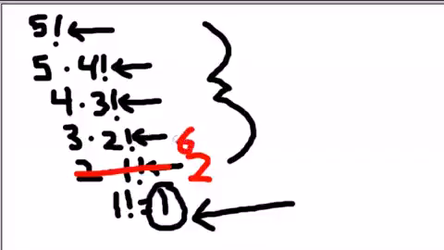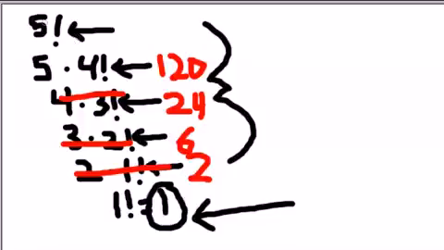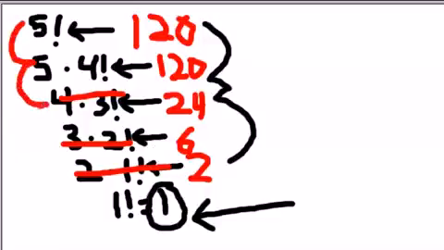4 times 3 factorial is 24. Or wait a minute, I may be wrong. 4 times 6, yeah, that's 24. Bam, problem solved. And now that we know what 4 factorial is, it's 5 times 24, which is 120, right there. And oh, you asked for 5 factorial? Yeah, it's 120. So what it's pretty much doing here is it's trying to solve itself, but it's storing what it doesn't know in memory,